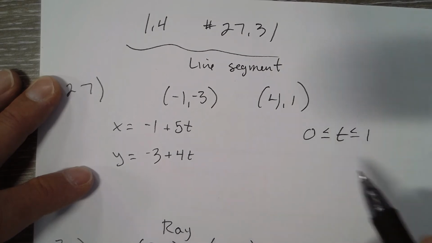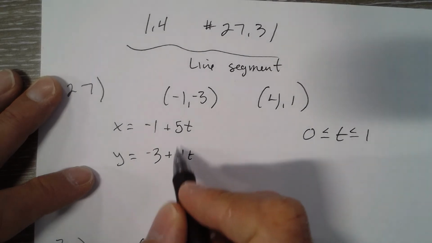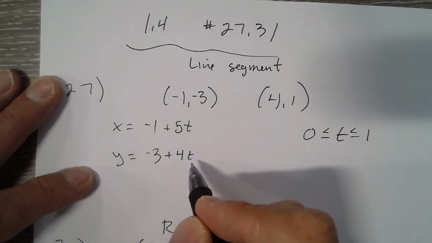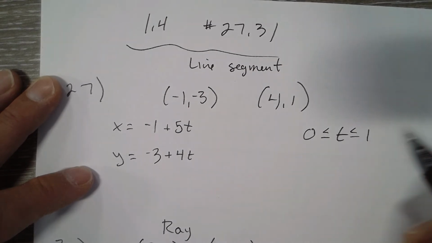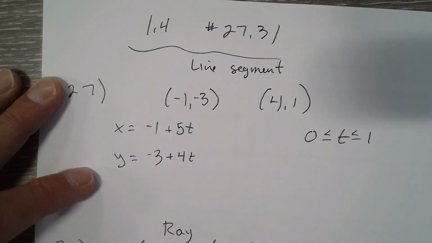Again, if I wanted it to go slower, I could divide my slope by 2, and then it would just go from 0 to 2 seconds. Or I can make it faster, I suppose. Alright,